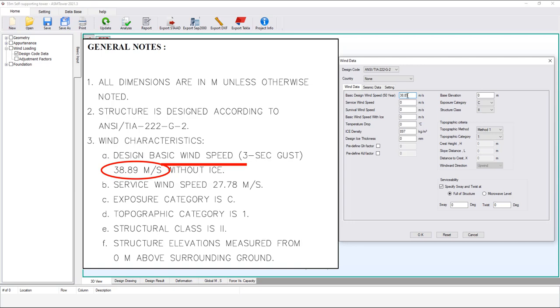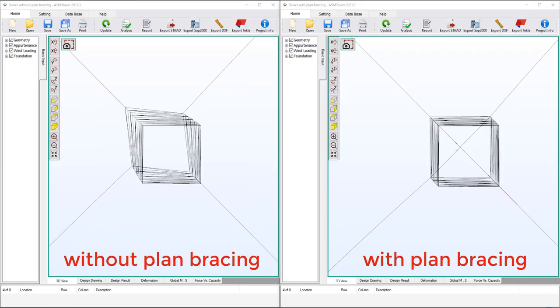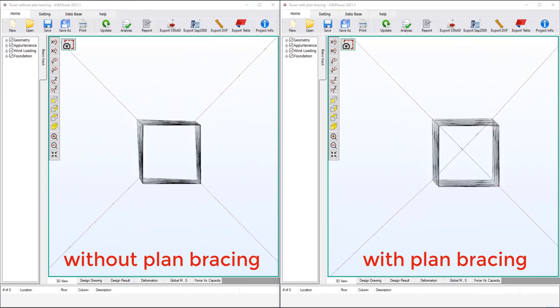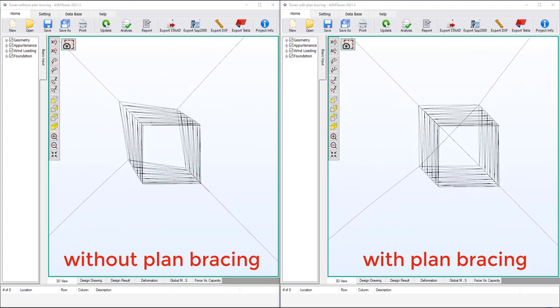Set the service wind speed 27.78 meters per second. Set the sway limit equal to 1 degree. Set the twist limit equal to 1 degree. Click OK. The four-sided lattice towers may need a plan bracing to maintain their square shape